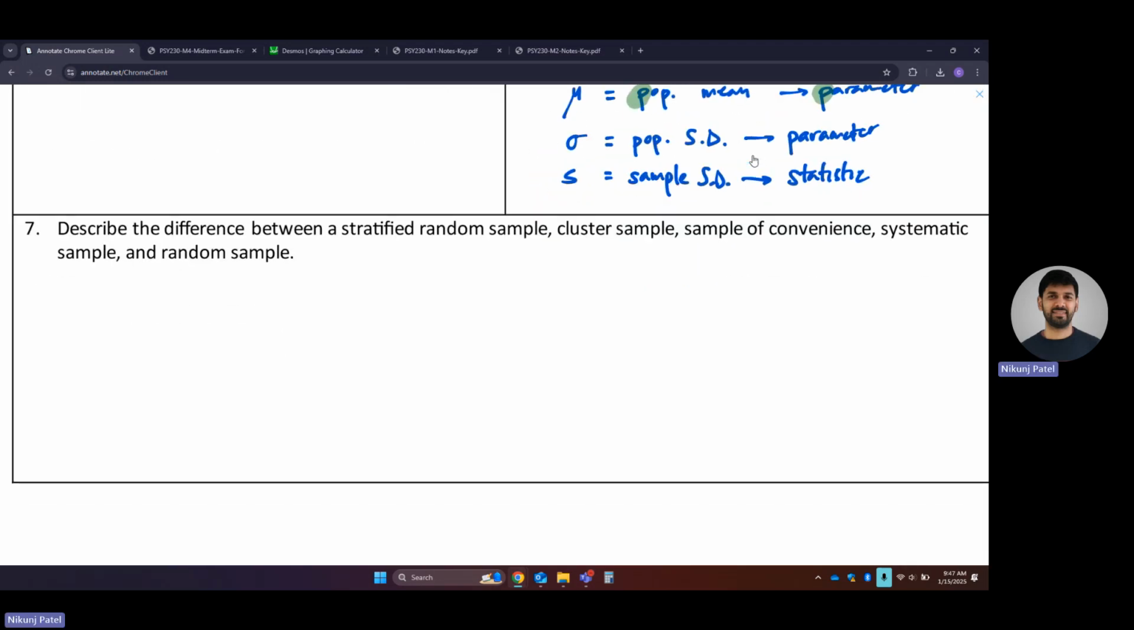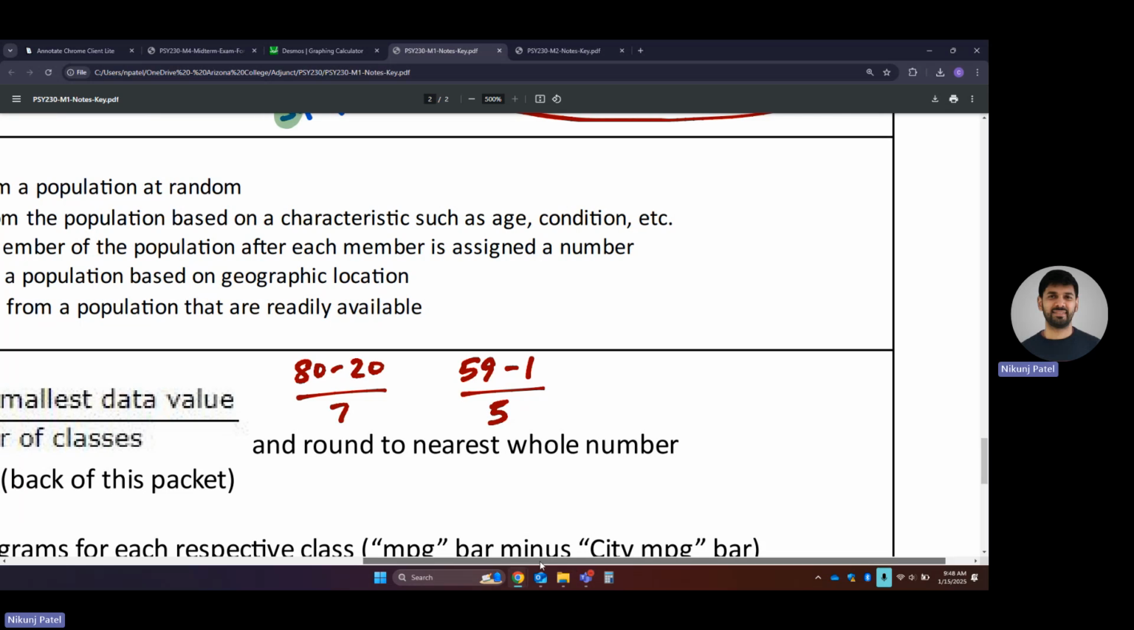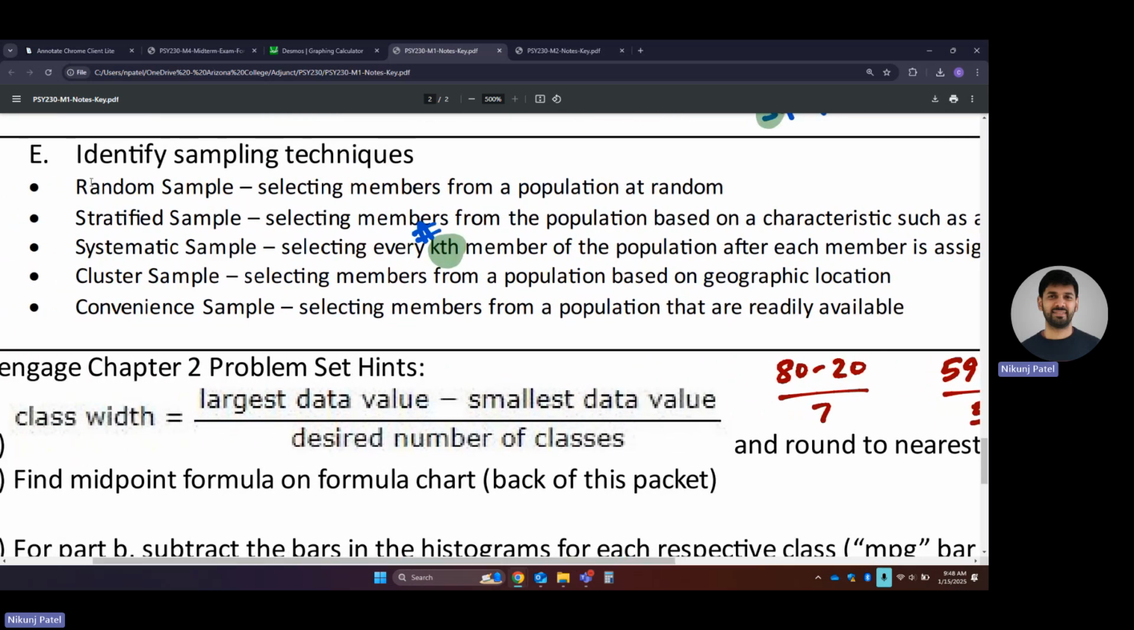Number 7, describe the difference between each of these types of samples. Okay, the sample is, like I mentioned in the module 2 notes, a smaller group within the bigger group. But there's different ways you can pick that small group depending on what the situation is. And the definitions for those sampling techniques, the way you pick that small group, are these 5. There are more, but for the purpose of this class,